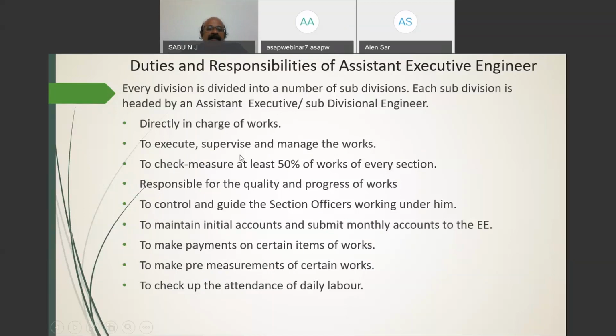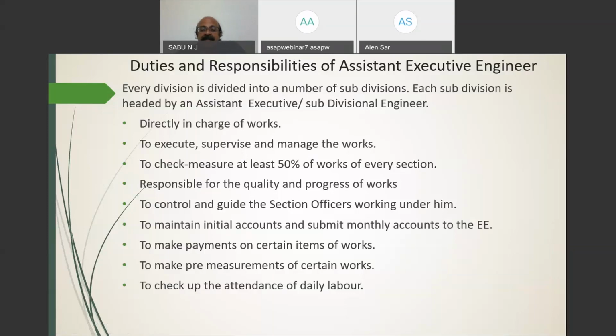This work is similar in nature to the executive engineer's, but a certain load is entrusted to the particular subdivision. He has to check and measure 50% of the works of every section, but the executive engineer only 10%, because he has to conduct check measurement